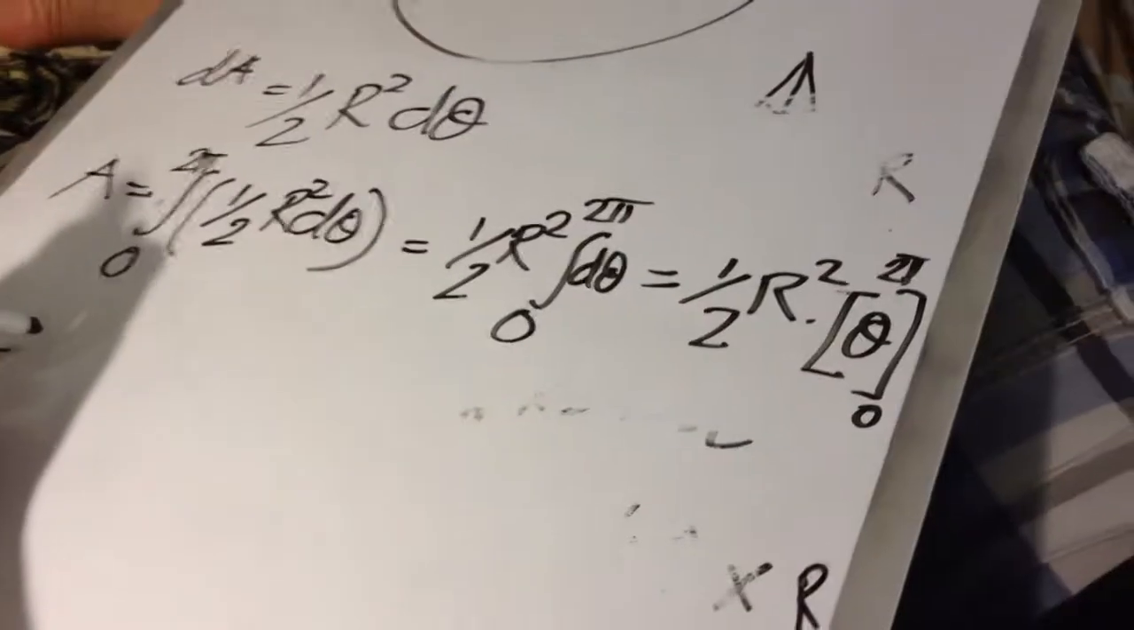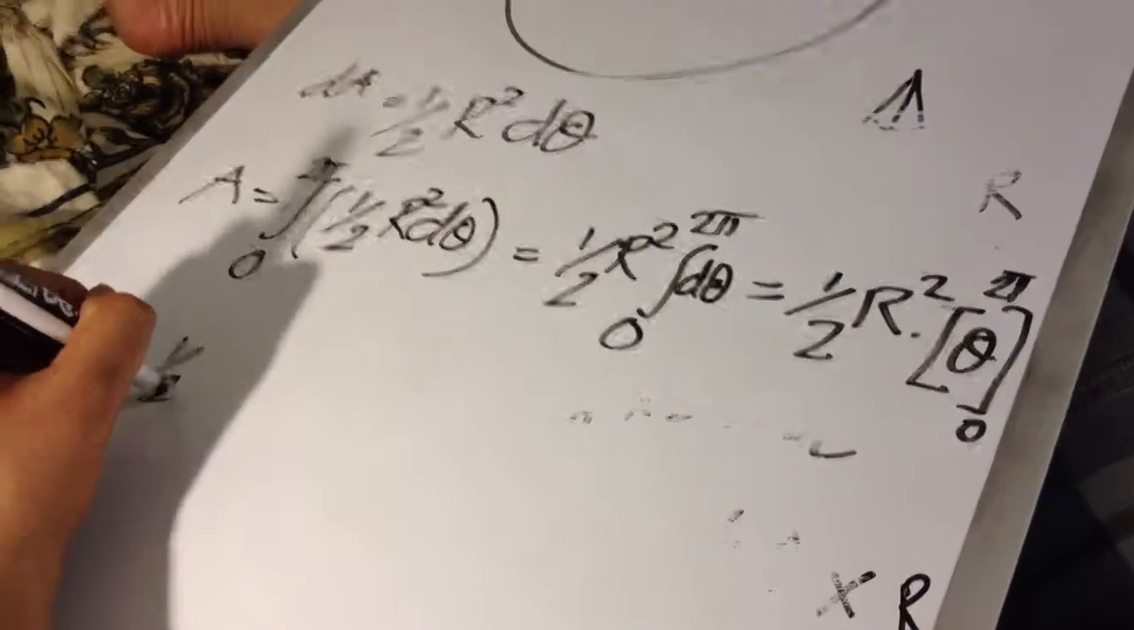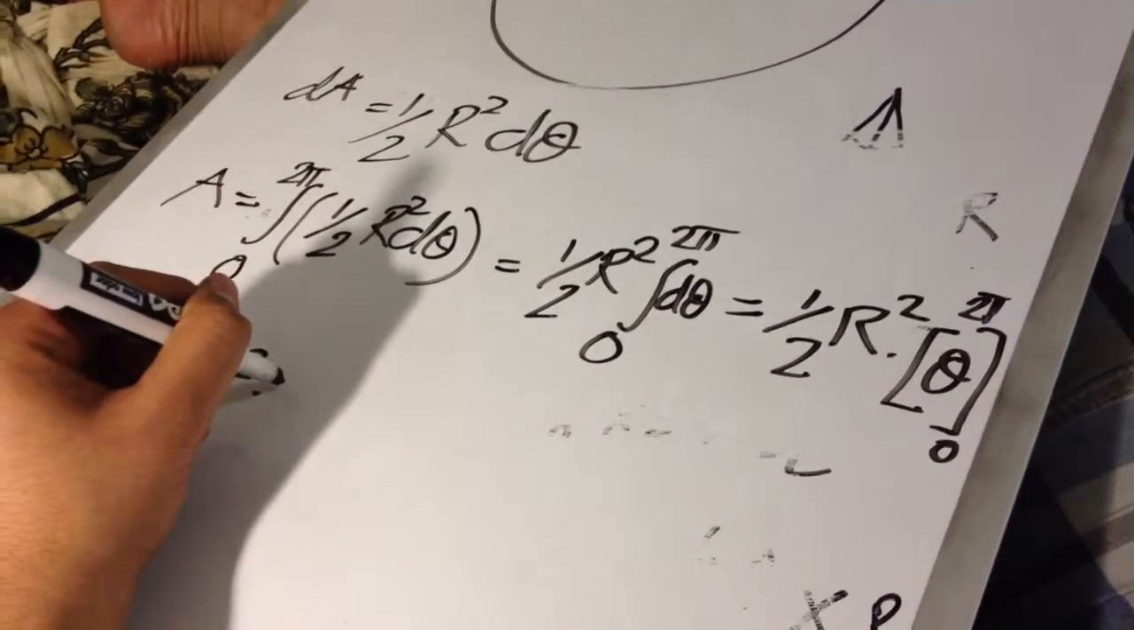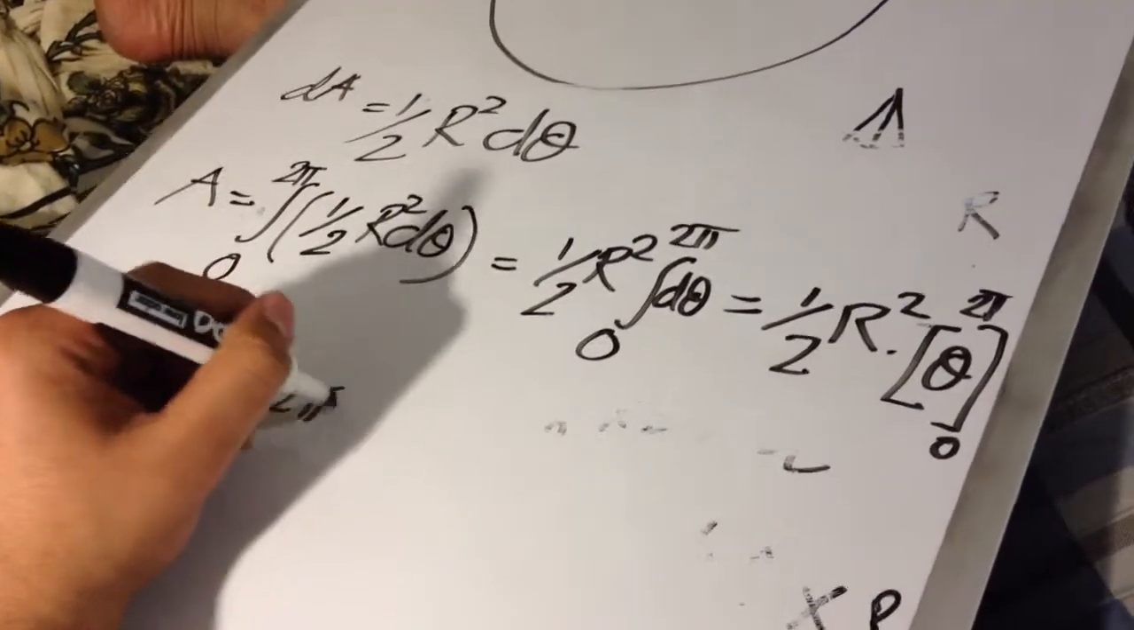And now this becomes half r squared times 2 pi minus